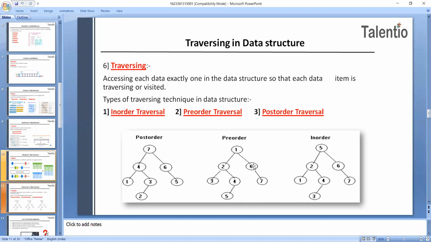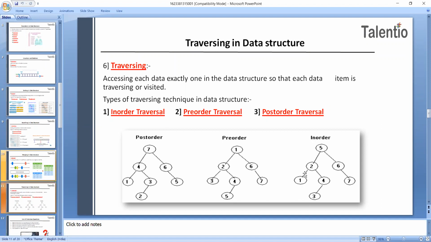So we will always start from the head, and all these nodes are connected with the links only. I hope you understood the definition of traversal. Traversal is the process to visit all the nodes of the tree and maybe print their values too. Accessing each data item exactly once in the data structure, so that each data item is traversed or visited.